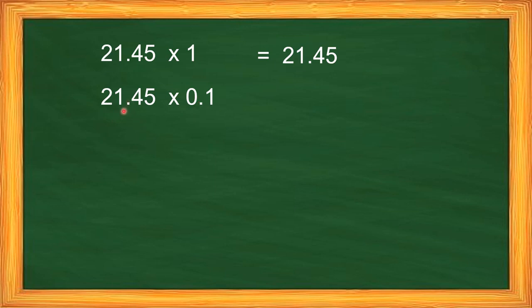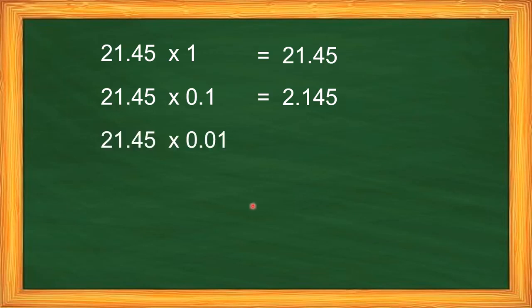So, ito din, move natin ng left. So, yung sagot natin dito is just 2.145. So, mula dito, again ha, mula dito, decimal point ng 1, decimal point ng 1, move ka ng isa. So, mula dito, move ka ng isa. Kaya nandun na siya sa harap ng 1 after ng 2. Diba? And then, we have 21.45 times 0.01 ngayon. So, mula dito sa 1, nag-move ka ng isa, dalawa. So, mula dito again, move ka ng isa, dalawa. So, ang point dapat ay nasa harap ng 2. So, sagot natin ay